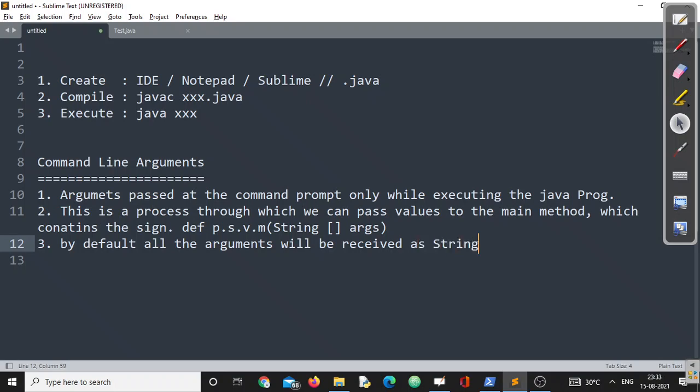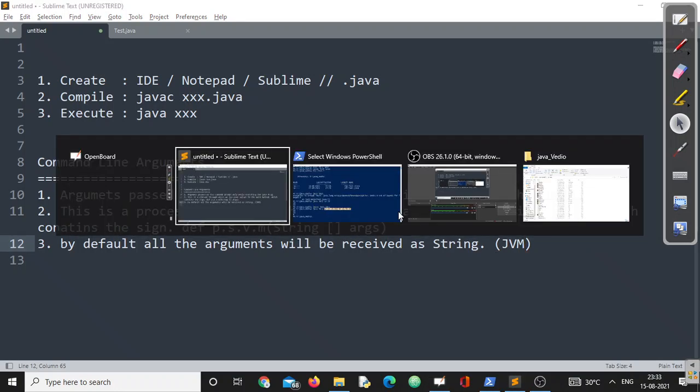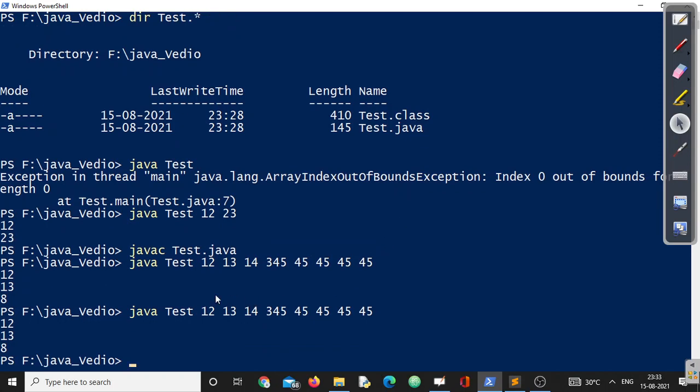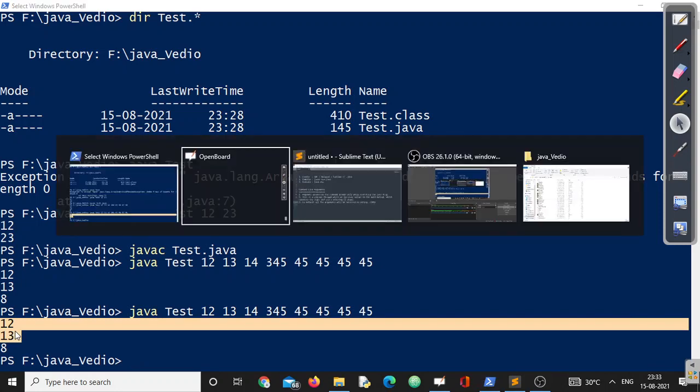And who is responsible for this? Remember, the JVM is responsible for reading all the arguments as strings, at runtime. Even if we pass 12 and 13, trust me, 12 and 13 are received as strings, not as numbers. You can ask me, sir, what is the proof? We can also prove that.